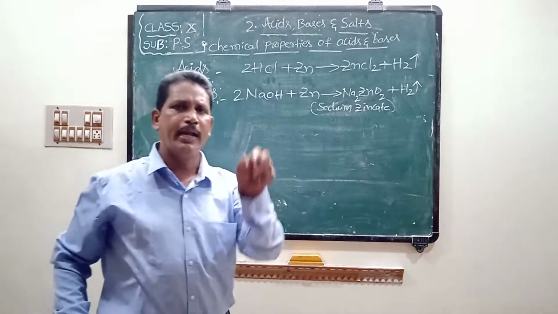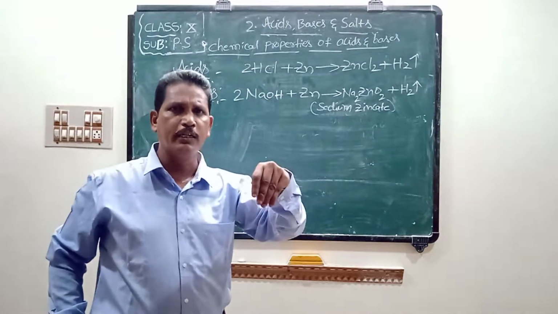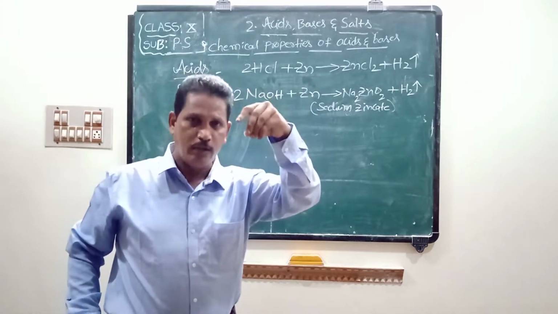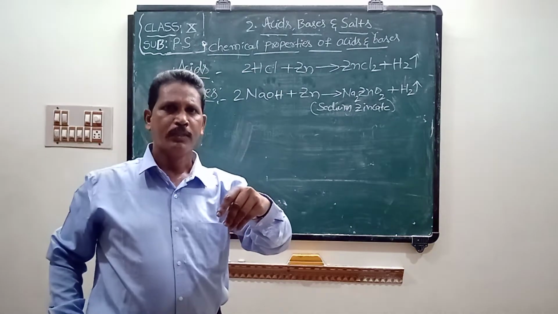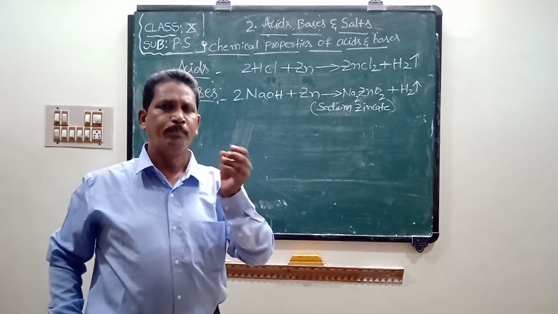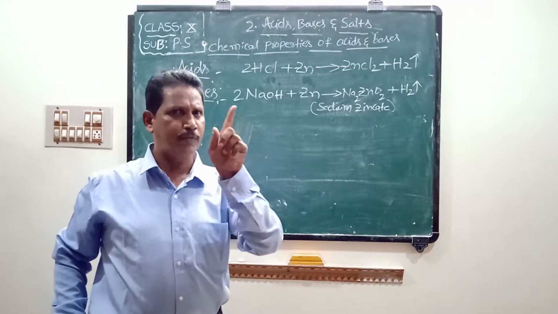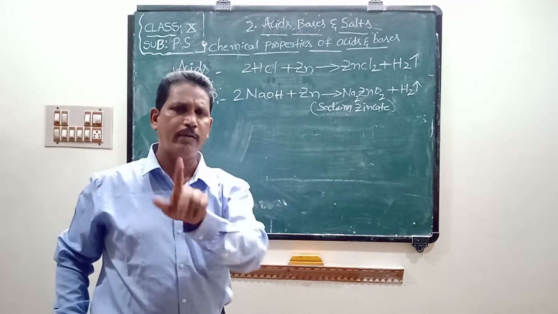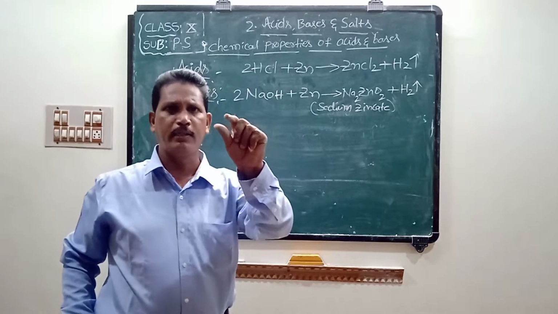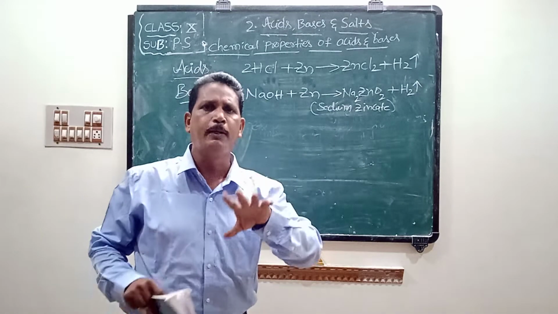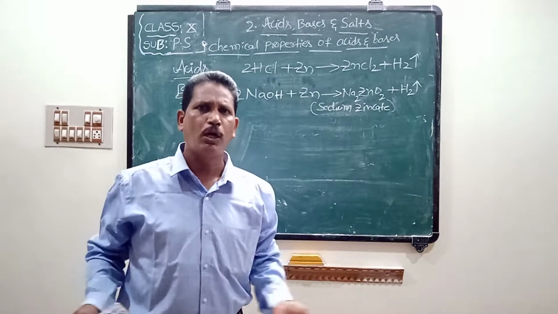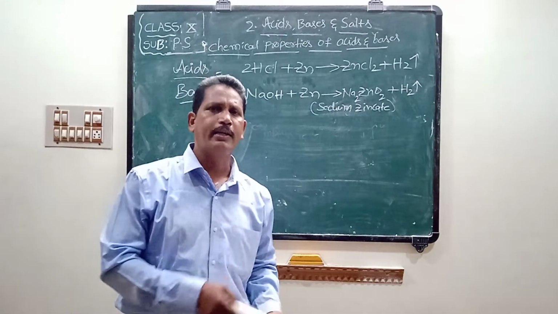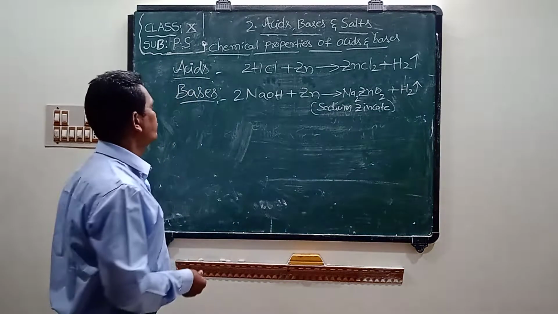Take a test tube, add small pieces of zinc, and pour 2 to 3 drops of dilute sodium hydroxide in the test tube. After some time, a gas is evolved. This gas is transferred from the test tube to the glass trough through the delivery tube. Introduce the burning splinter near the gas. The burning splinter is immediately put off with a pop sound. That is the test for hydrogen gas. Next one.